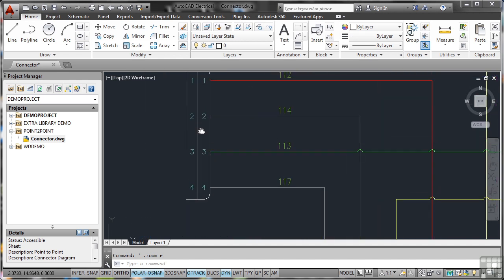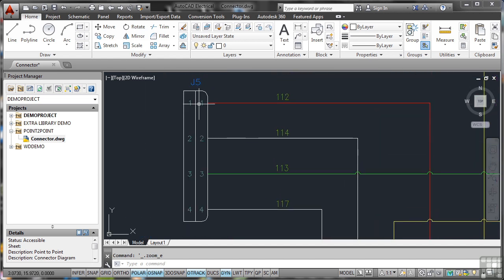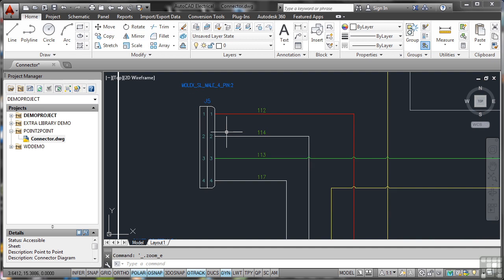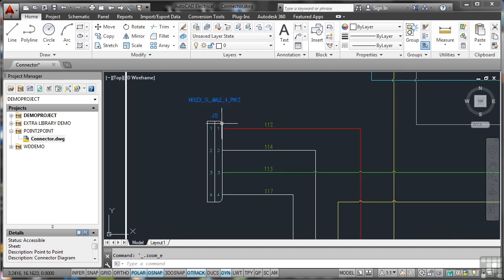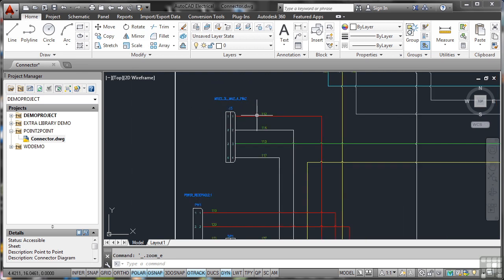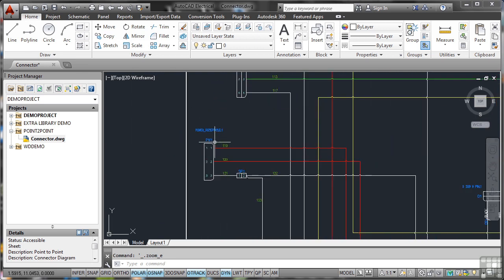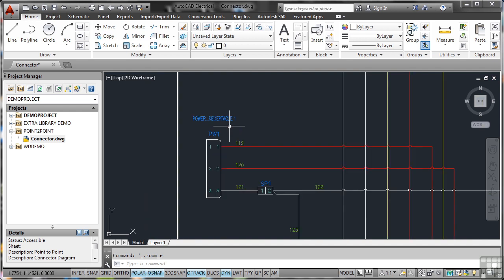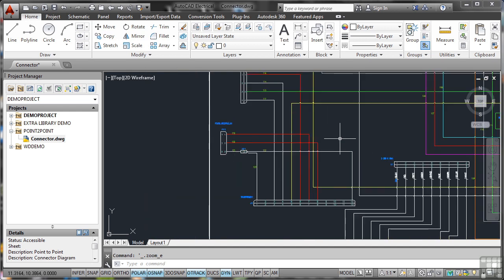you can see each of the terminals is numbered. So you can see that 112 is coming off of terminal 1, 114 is coming off of terminal 2, and so on. And each of these blocks obviously will have a name as well, and a brand normally, so the Molex is the brand there, and it tells you all of the information required, so there's the power receptacle and so on. So all of this information is very easy, but what's really nice again, you'll notice, look, if I